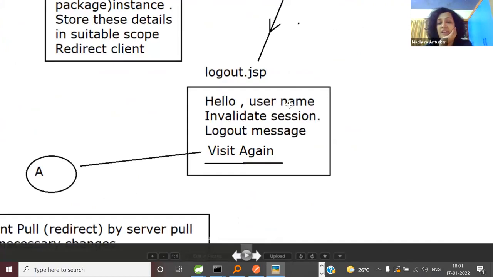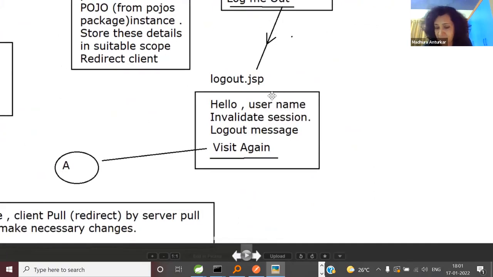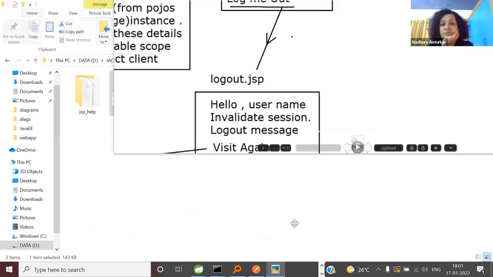So can anyone write the EL syntax to just get me the username? I am waiting for your answer. I'll repeat again. I want this. This is dynamic. So solve it with a EL syntax. Waiting for you. Dollar curly braces. Wrong. Kunal, I think you're still confused. Hello, you're saying param. Param is request parameter. This is multiple requests. So this will be all wrong. Nobody has given me a correct answer so far. Okay, Prashant is the closest, but he's still not there.